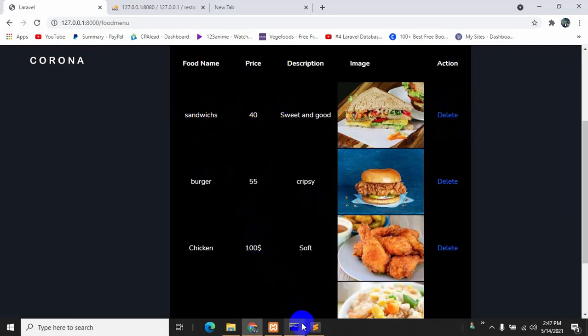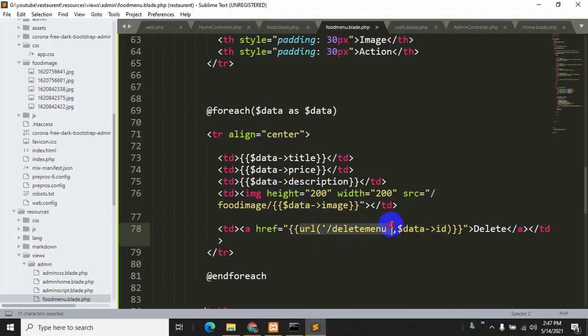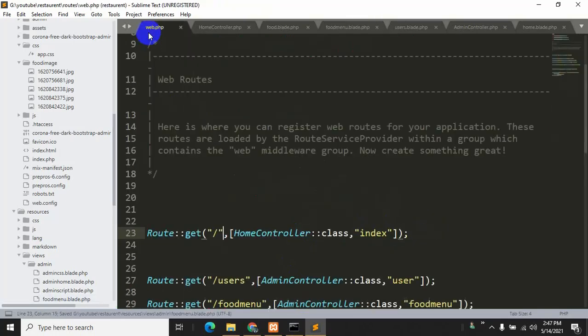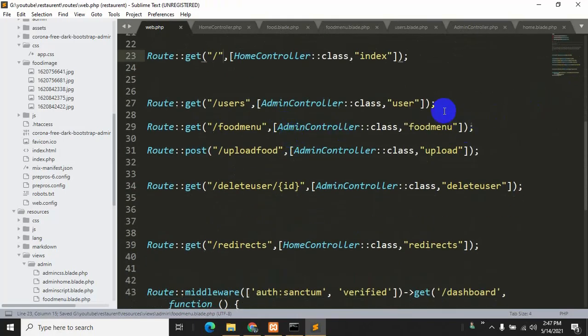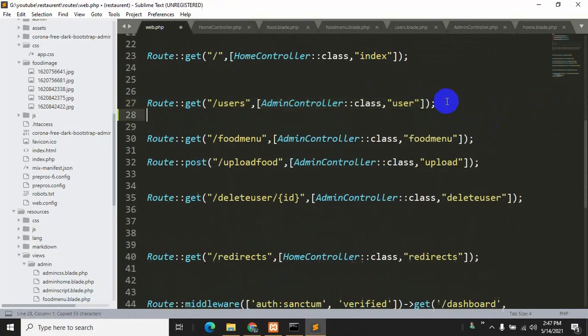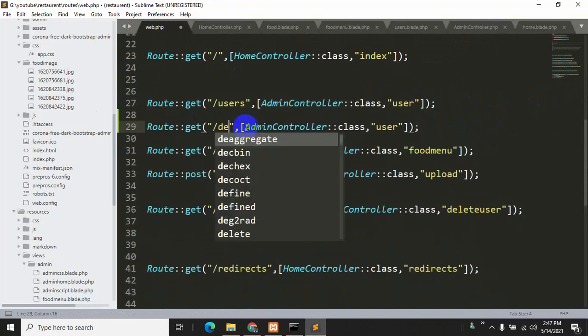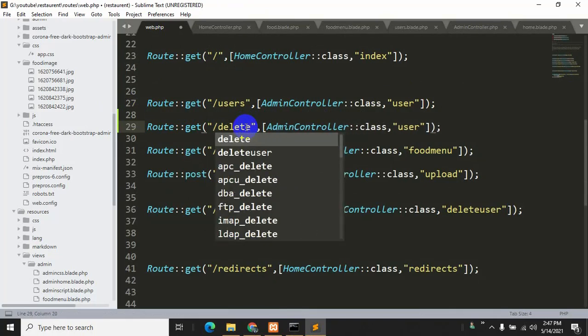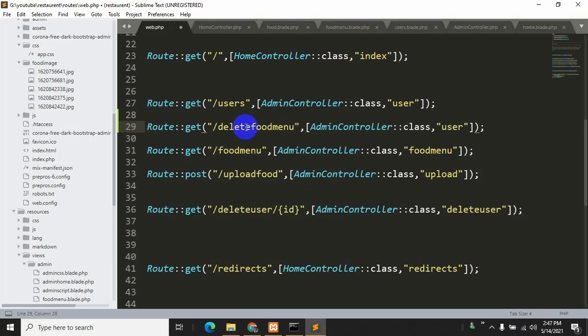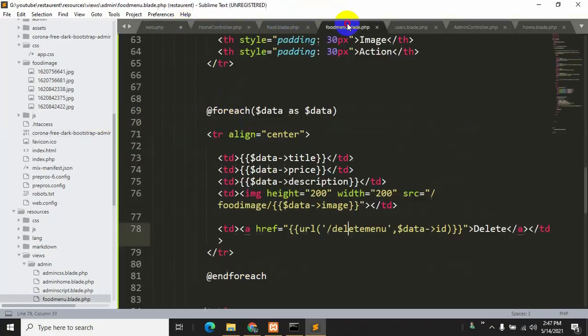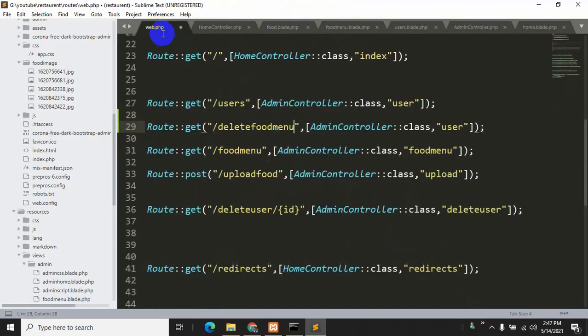Okay, so we need to right now create this url. So let's go to web.php, and we'll just copy this route, Ctrl C, Ctrl V, and over here we'll just say delete food menu, sorry, let me check what was the, sorry, delete menu only, delete menu, and we need to give a name.